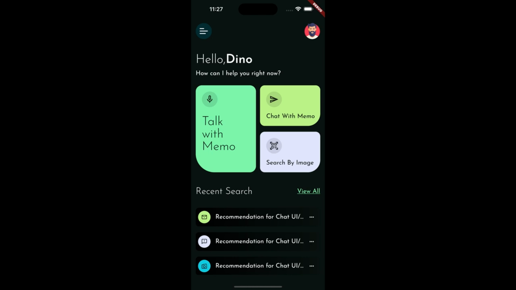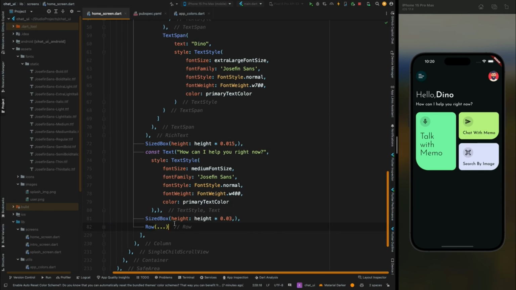So hello widget watchers, in the 4th video, we are going to complete this home screen, so let's start the video. So here up until now we have created the app bar part and these redirectional cards. Now let's create the chat history part, so for that, just copy this sized box and now add it here,